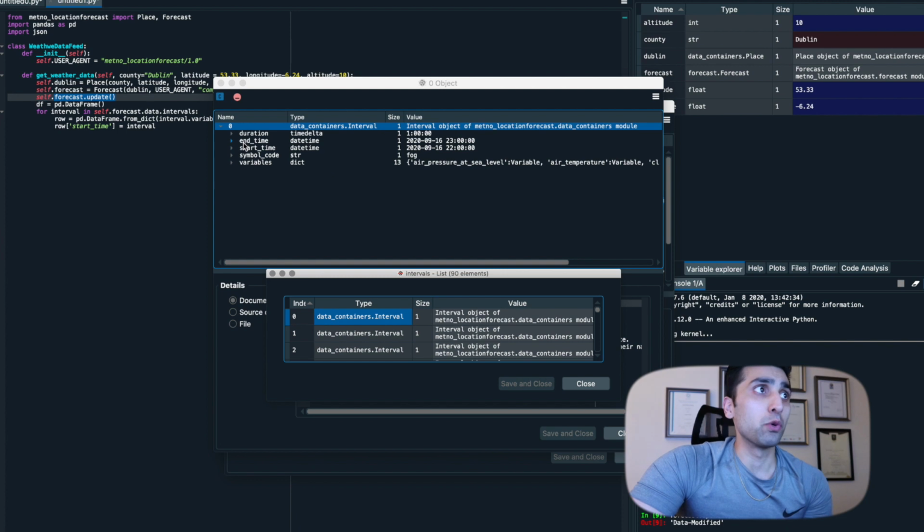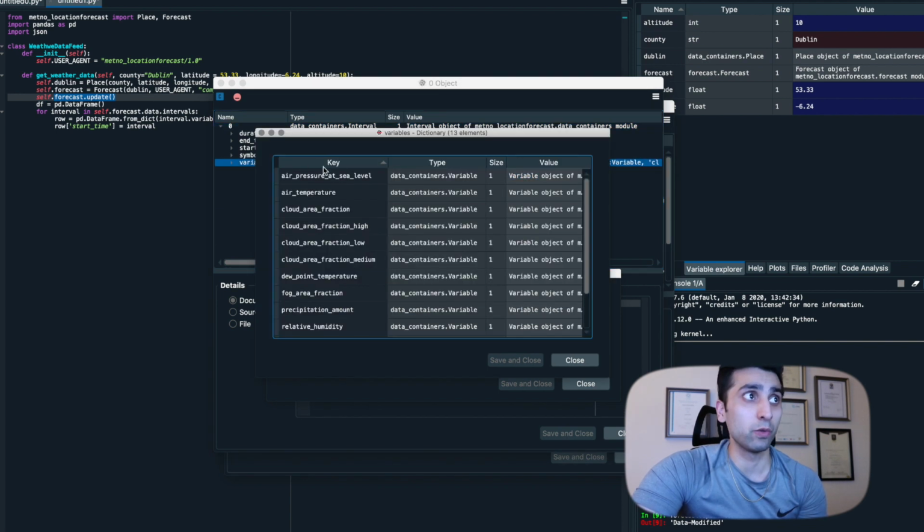So you have your start time and end time, which is when the actual data is for. What is the start time for that? What is the end time for that? And then you have your symbol code, and then you have your variables. If I click on variables, you would have another data container open in that, where you have these key values,